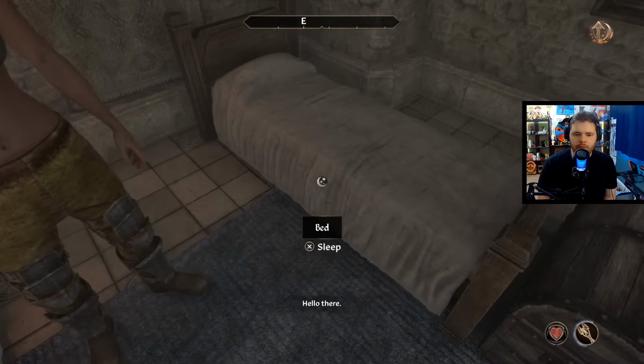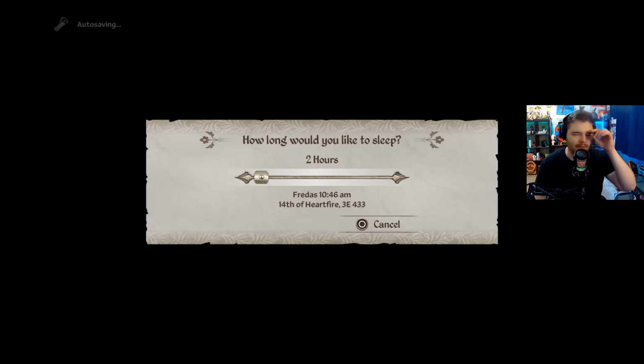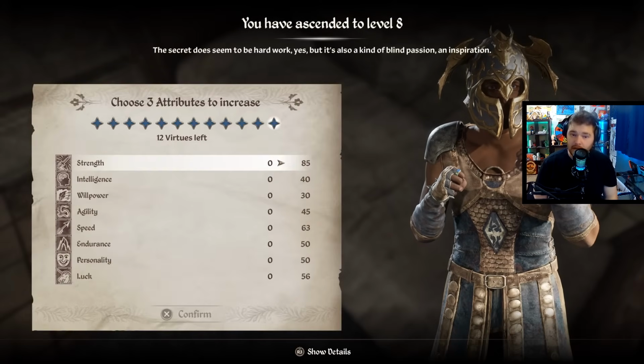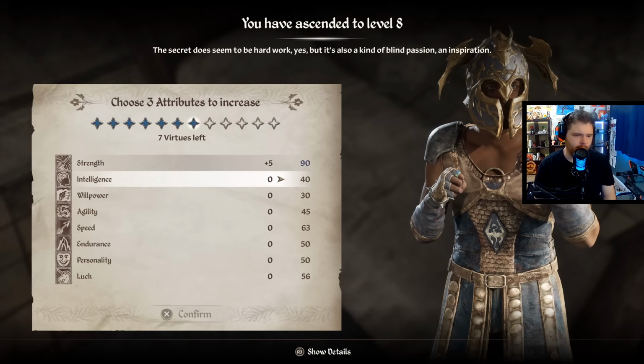Okay. Anyways, we're going to sleep for 3 hours, do a little power nap, level up to level 8, I do believe. Let's see here. You have ascended to level 8. The secret does seem to be hard work, yes, but it's also a kind of blind passion, an inspiration. Once again, 5 strength, and then we're going to go...